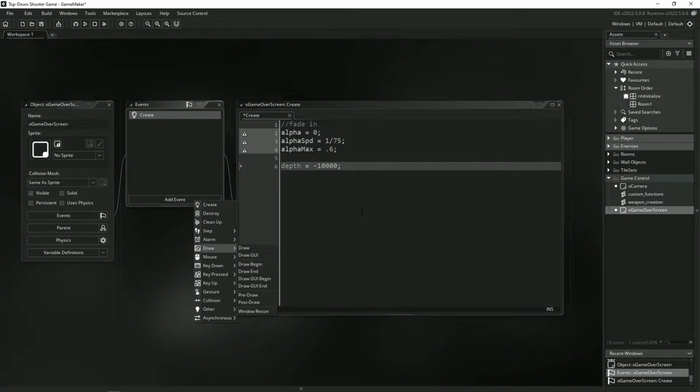I'm cutting out the part where I just sort of rambled for a few minutes about the GUI layer. The point is, I'll talk about it at some point in the future, maybe in another video or something like that, but the point is, I just prefer to use the draw event for this project and a lot